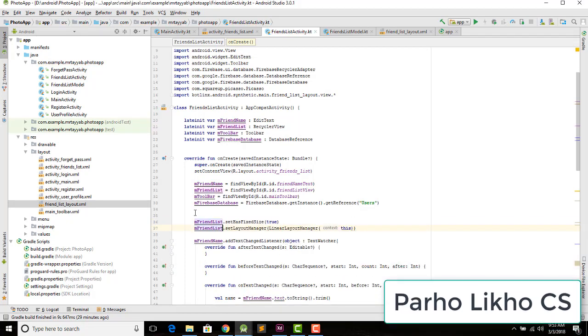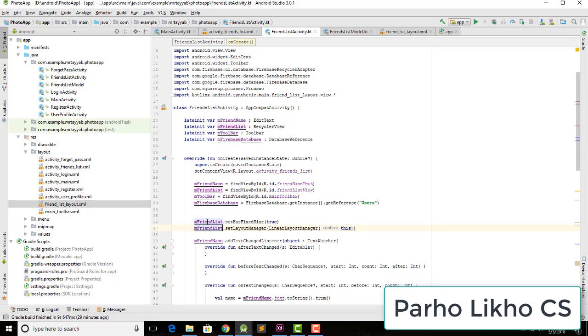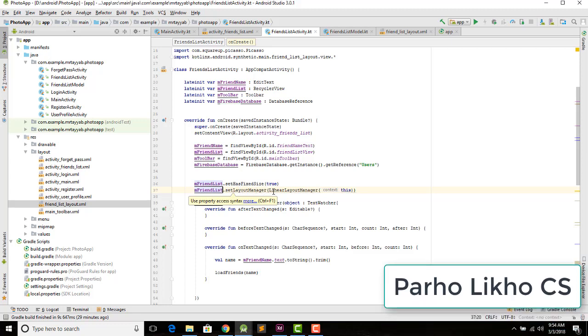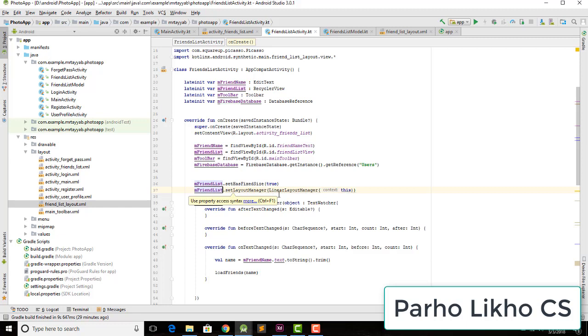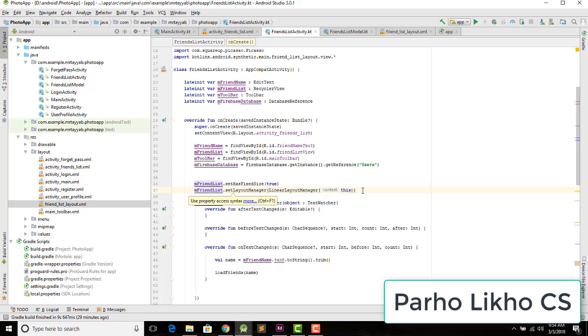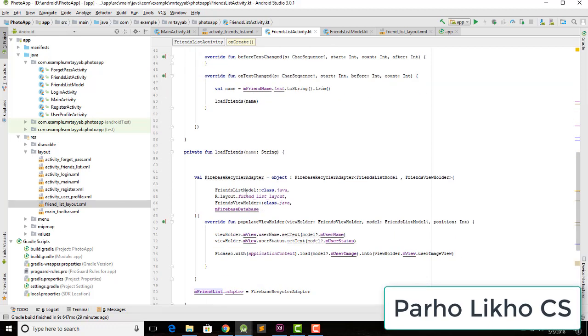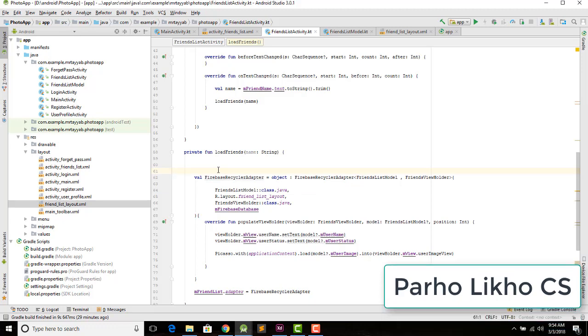So we need to add two lines, m friends list dot set has fixed size true, and set linear manager to linear layout manager dot this. Okay guys, now it's time to go back. Before going anywhere, we need to add